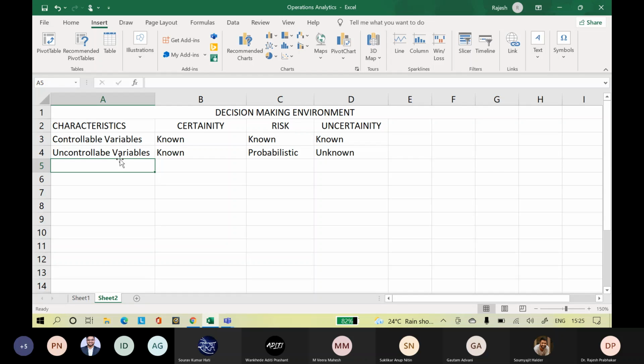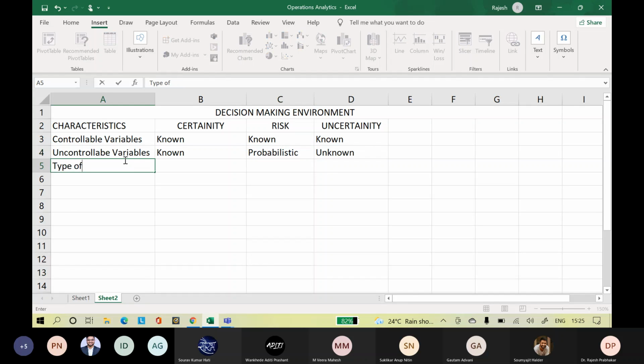Such things are called uncontrollable variables, which are not in our control, but still we need to have an idea as an operations manager or as a CXO or a CEO or anybody. You also need to understand these uncontrollable variables, and calculate the probabilistic risk involved in them. So we use probabilistic methods to control them.